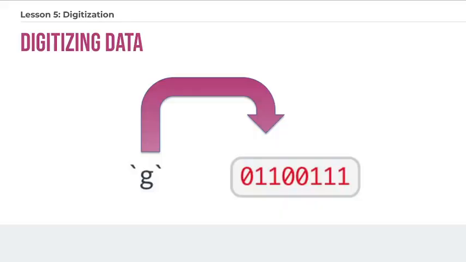Well, in this lesson you'll learn about how a couple of guys from back in the days of the telegraph helped us to figure out a couple of really great ways to encode and transmit text and other things into a binary format. So you've had the opportunity to look at how both numbers and text can be represented with binary. So now we're going to look at what actually goes on behind the scenes when we encode or digitize